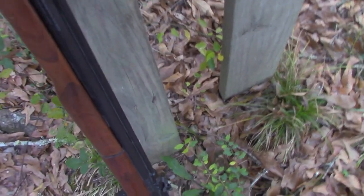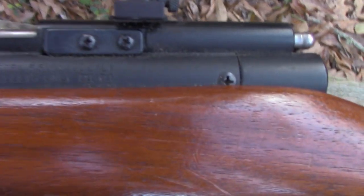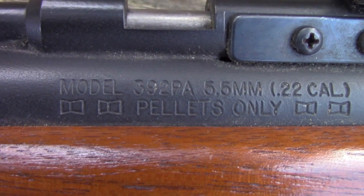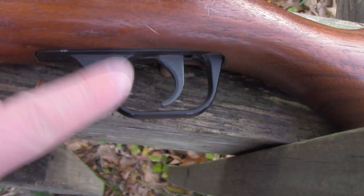Today we're looking at the early 392 PA Benjamin. Now we know it's a 392 PA because for one thing it says PA, 392 PA on the side, but also you can tell by the trigger group. See, it's got the late style trigger group,